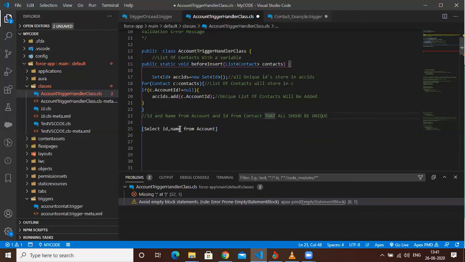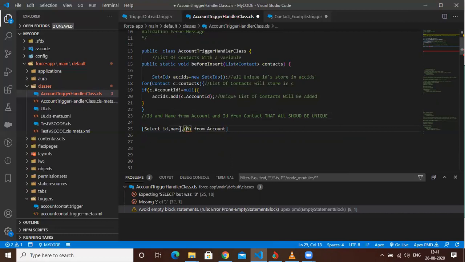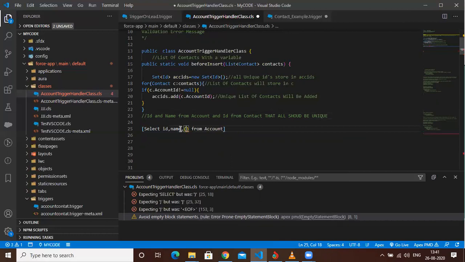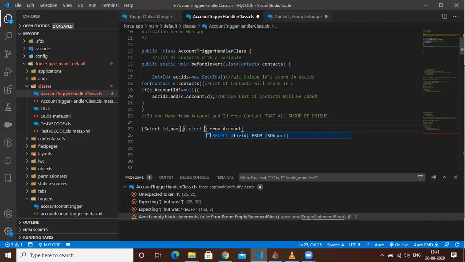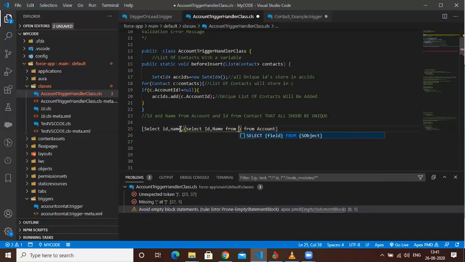So here I need to give comma, select ID comma name from